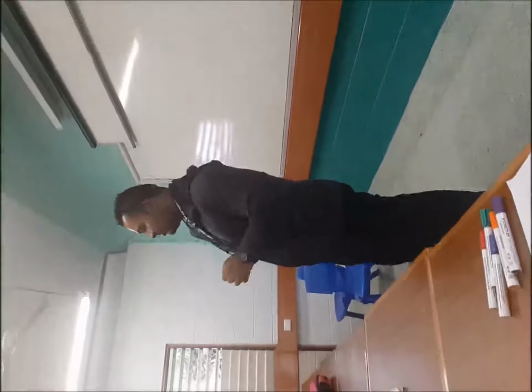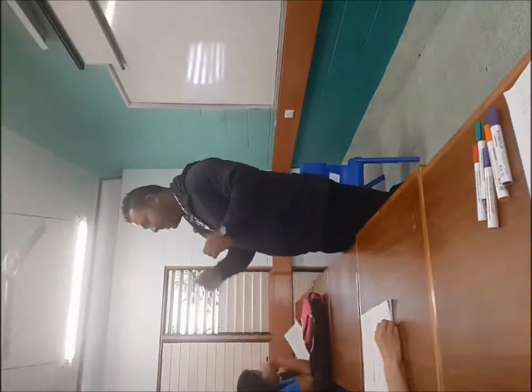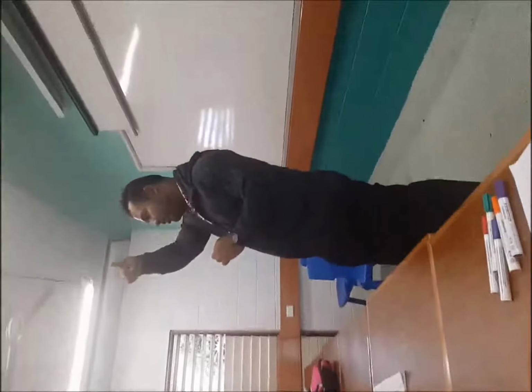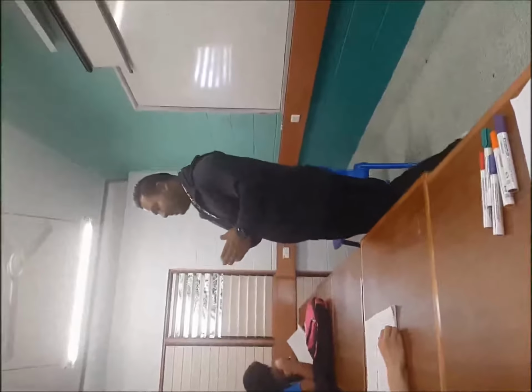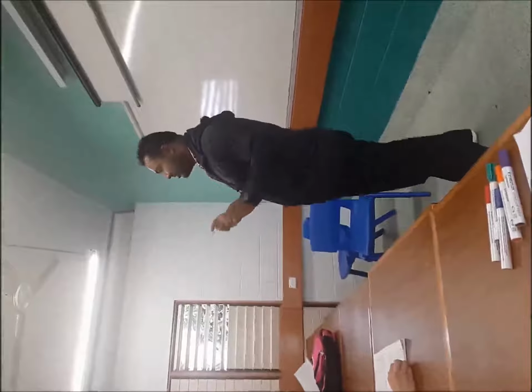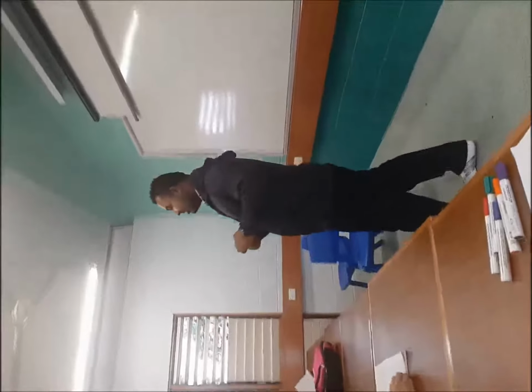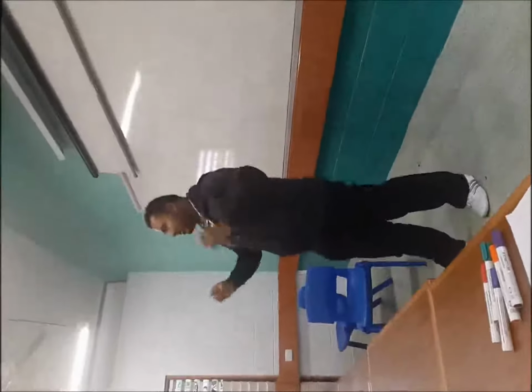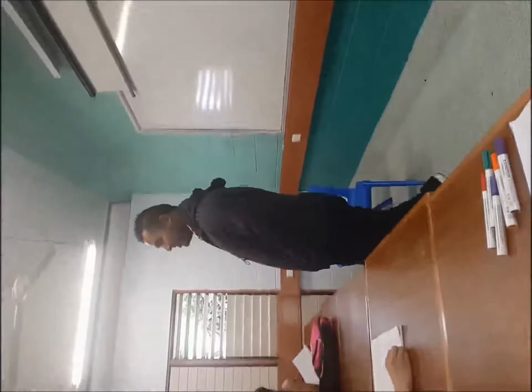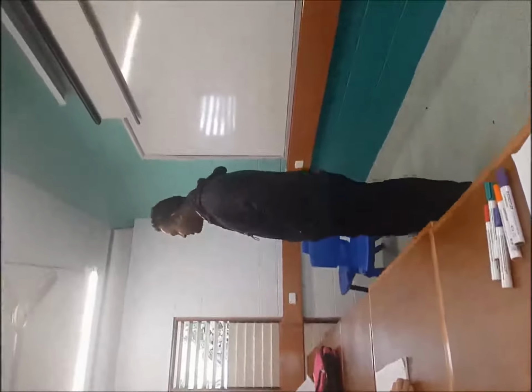Okay? So if you look at the distance from the center of the Earth to the equator, and from the center of the Earth to the North Pole, there's a 12 kilometer difference. So at the equator, it's 12 kilometers longer than at the North Pole. And that's why it's not a perfect sphere. What is another reason that it's not a perfect sphere?